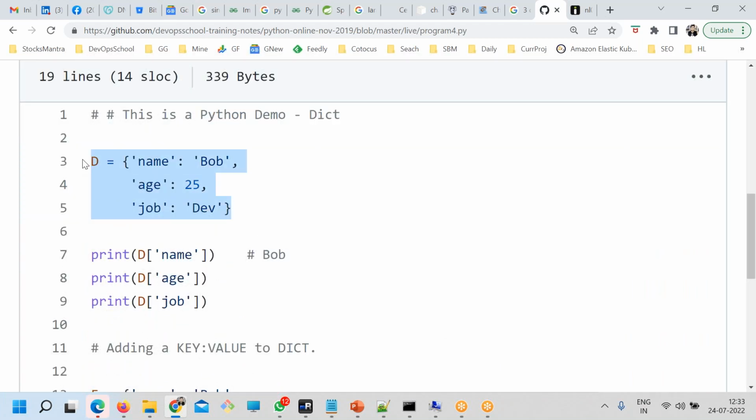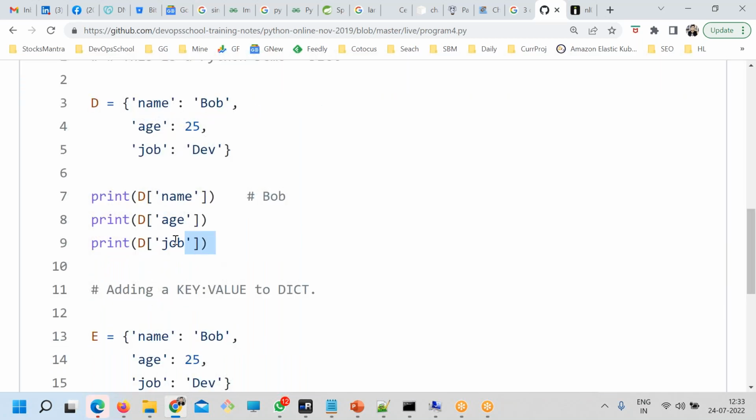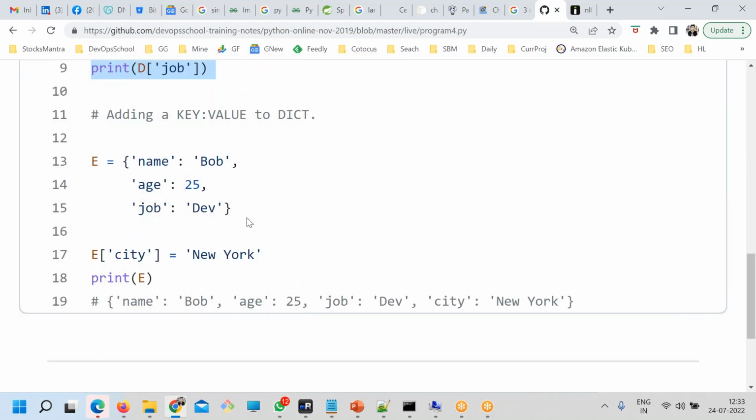Here you have a dictionary, and first how to print the dictionary and how to add a key and value to the dictionary. Name, age, job is the dictionary, city you are adding new, and finally you're printing this one.